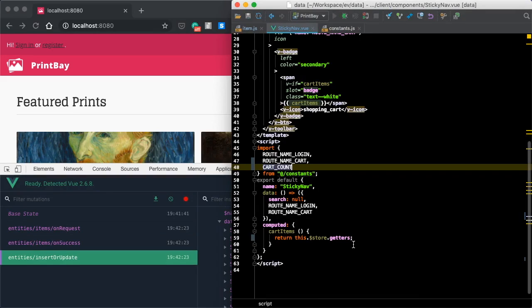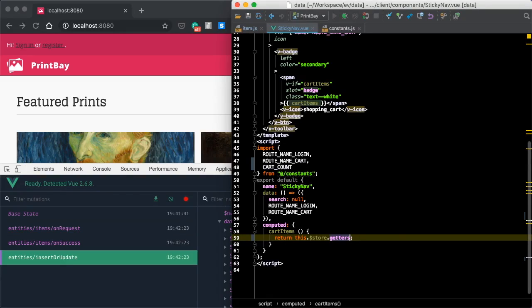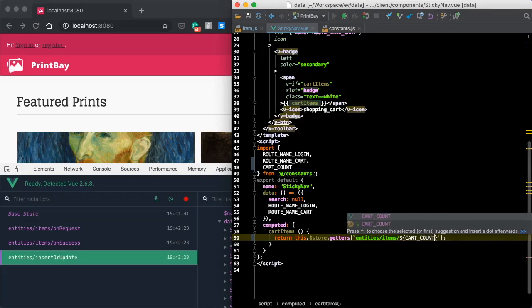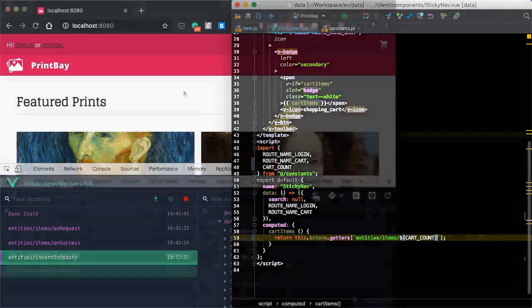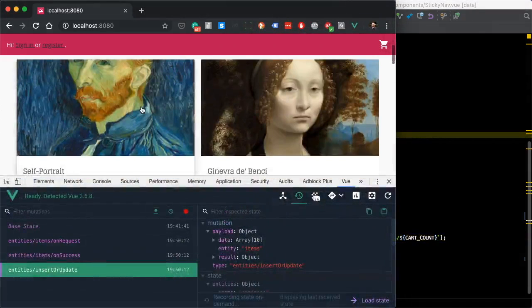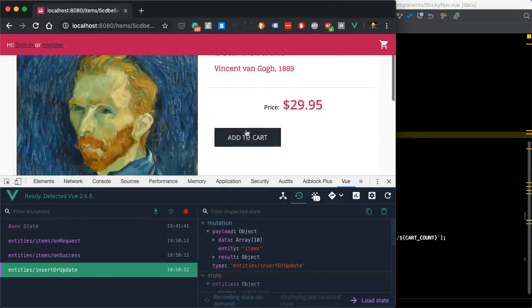Now what we can do is make a reference to a dynamic property down here by using square brackets, and we're going to put a template literal in that. And as I said, the name of the getter is entities/items/ and then we can put a variable cart count like that. So with that done, if we go ahead and add an item to our cart now,